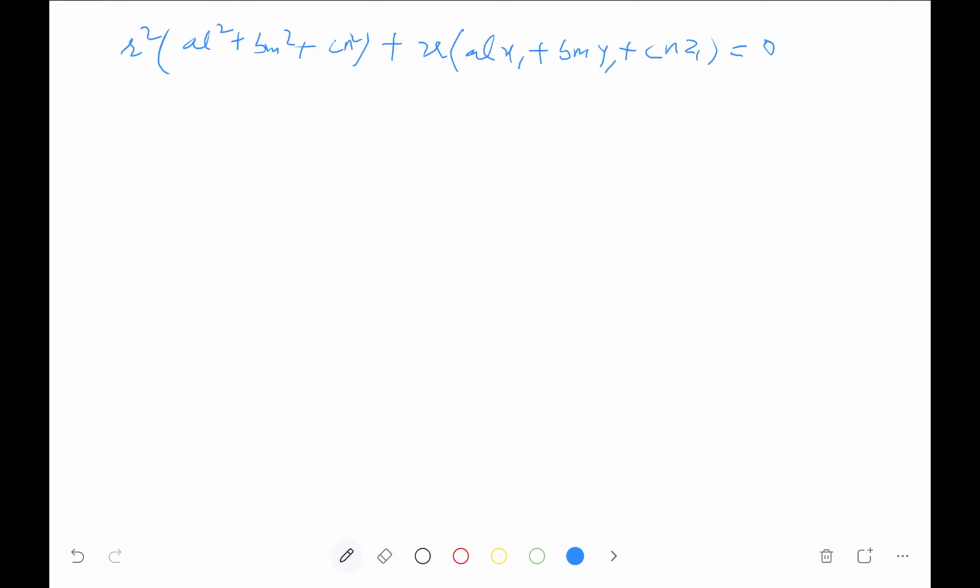So what is the method? Your central conicoid is ax square plus by square plus cz square is equal to 1. So this can be written as axx1, where one x should be replaced by x1, then byy1, so one y is replaced by y1, czz1, so one z is replaced by z1, is equal to 1. So this is the way to write the equation of the tangent plane in numerical problems.